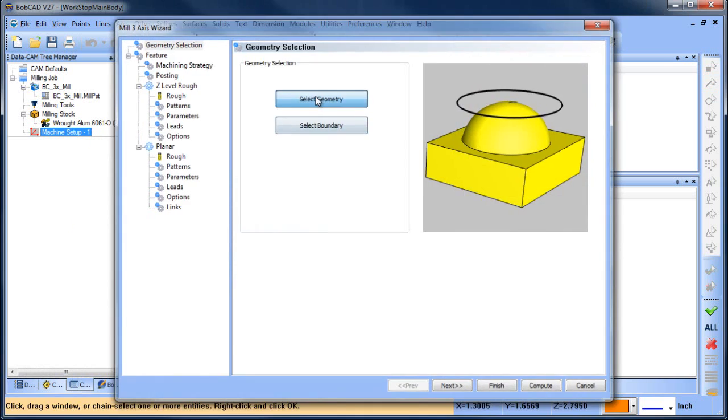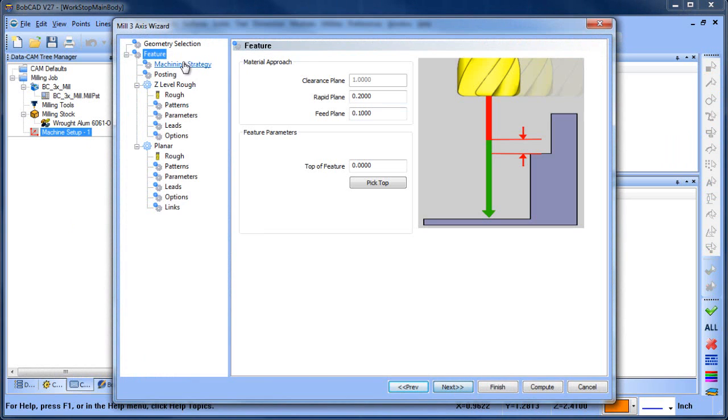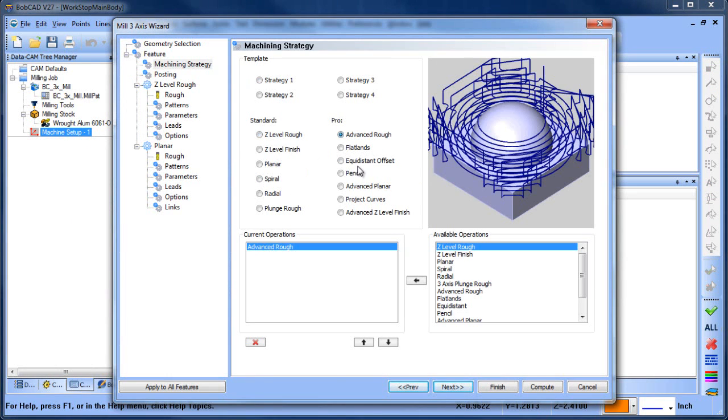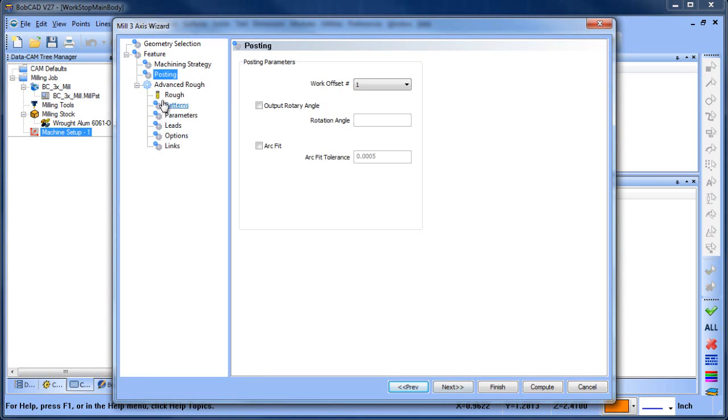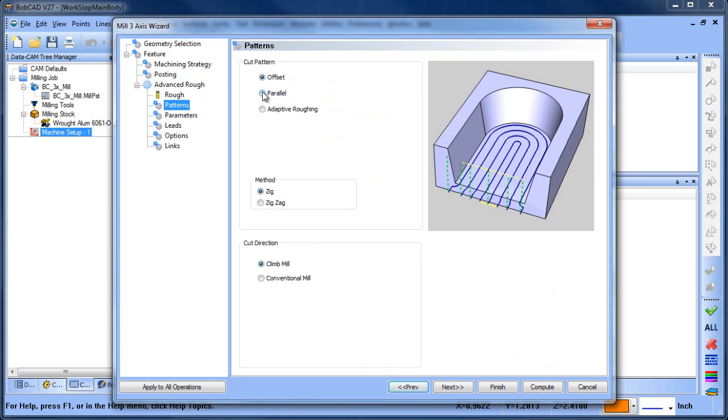So we're going to load 3-axis toolpath. We're going to select everything here. Our machining strategy, you have the standard Z-level finish. I'm going to use the advanced Z-level finish. Alright, we're going to use some size tool, so let's just say it's a 1/2 inch end mill. We're going to do an offset, zigzag,